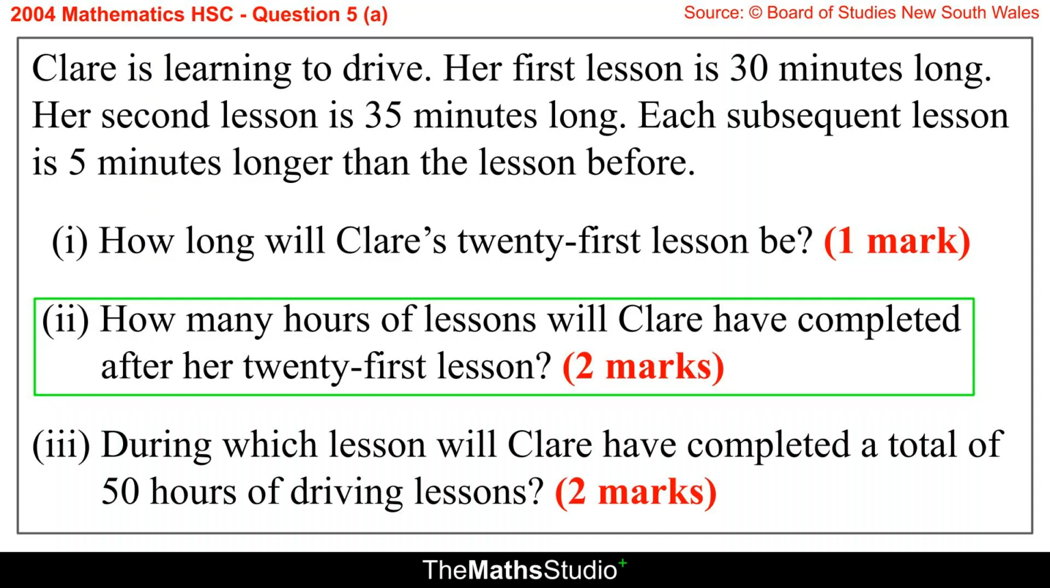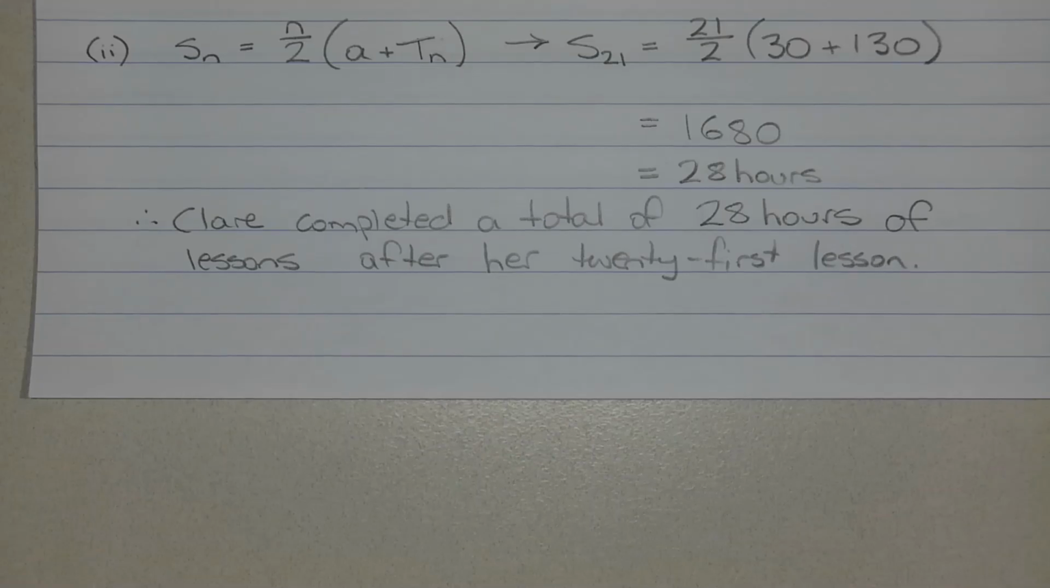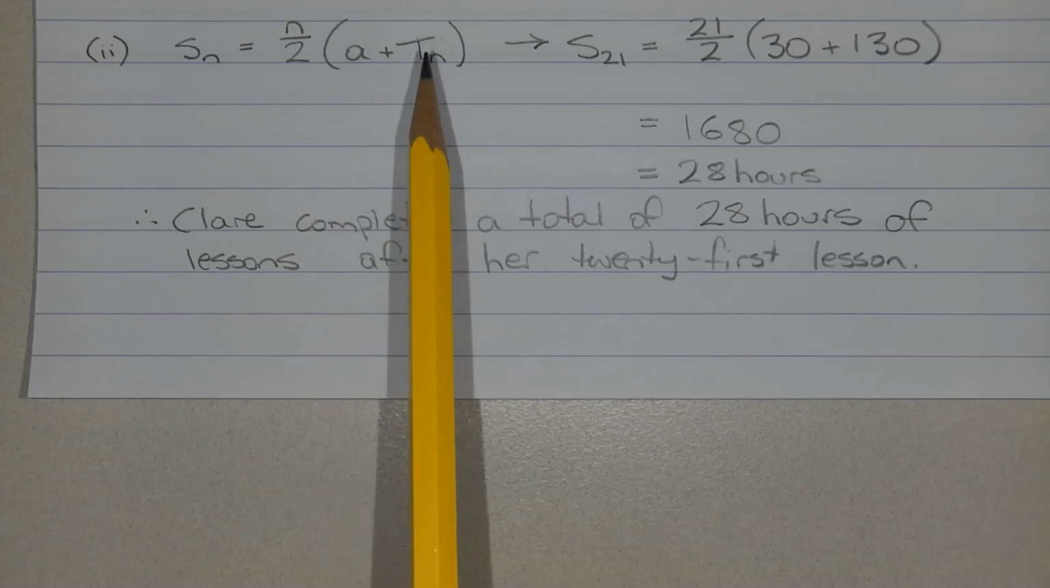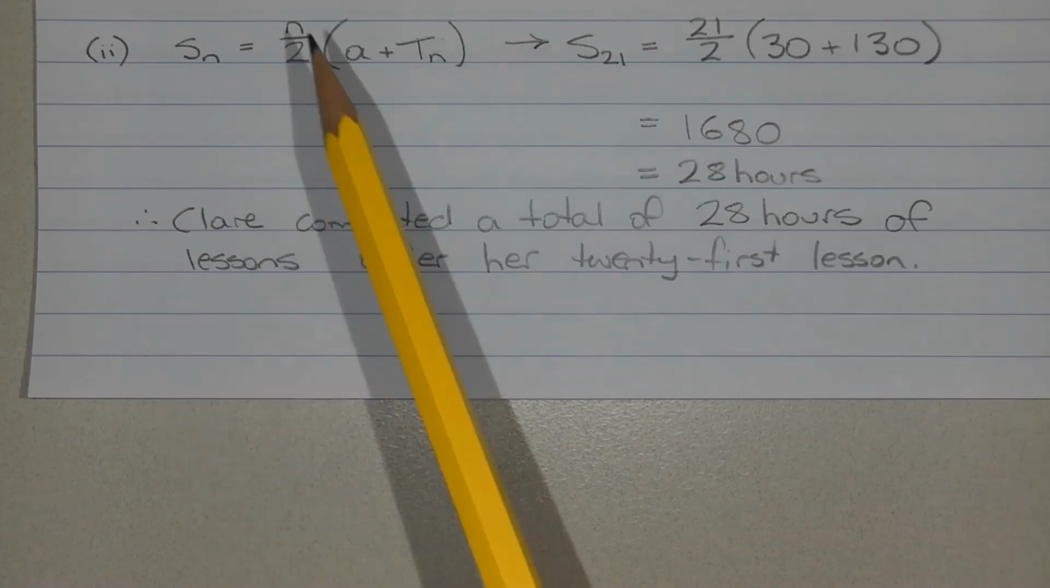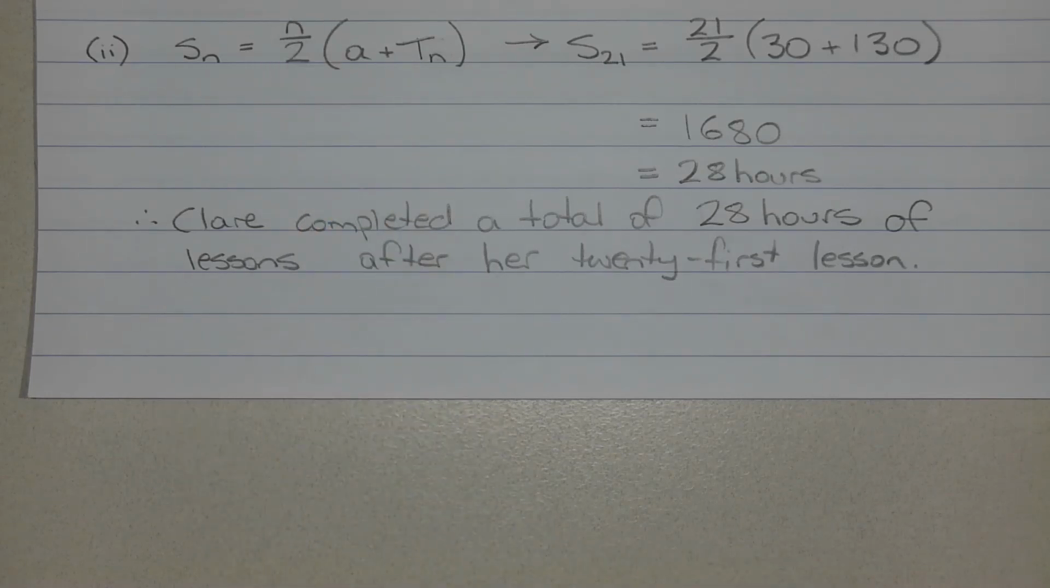Part 2. How many hours of lessons will Claire have completed after her 21st lesson? We want to find the sum of the first 21 terms of the arithmetic series 30 plus 35 plus 40 plus ... plus 130. Now 130 represents the 21st term. Since we have the first term a, which is 30, the last term T21, which is 130, and we know n is 21, because we want the sum of the first 21 terms,